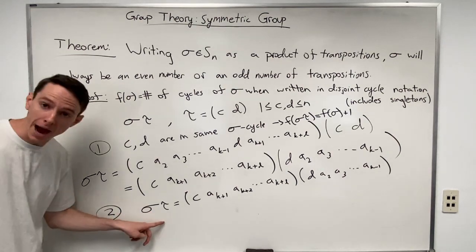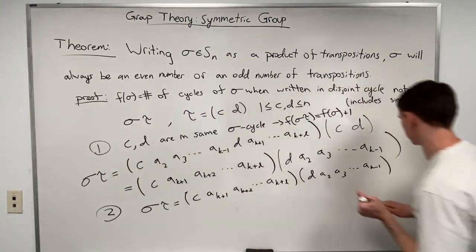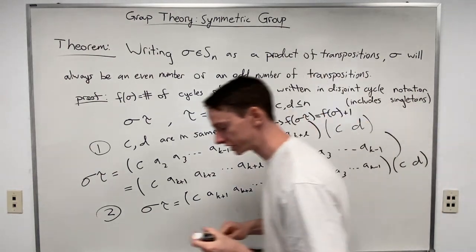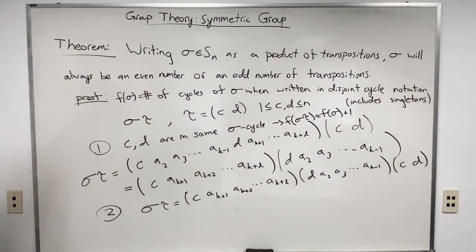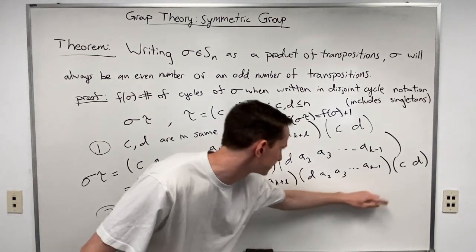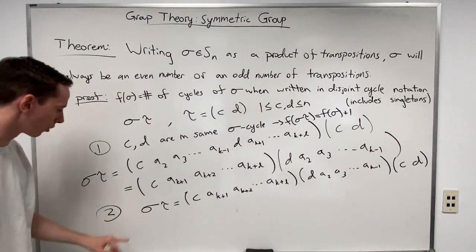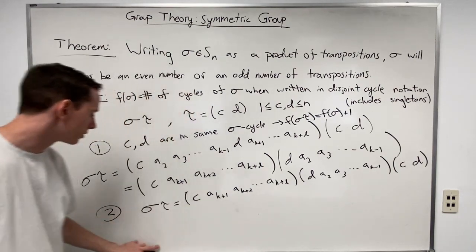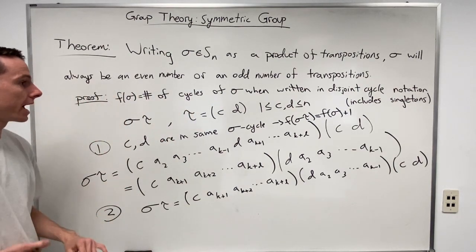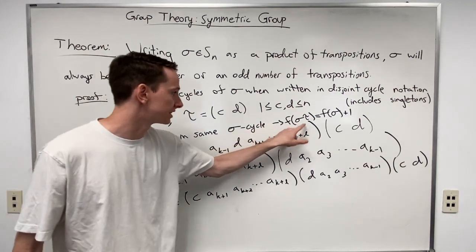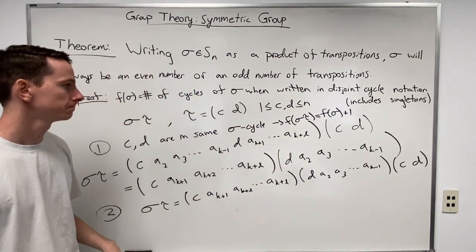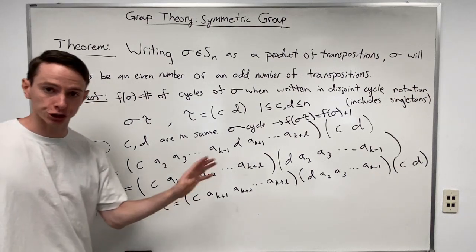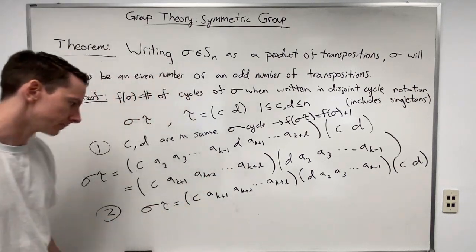Now when we multiply tau, that's when we need to also include this CD transposition at the very end. Okay? So the first 2 are sigma and the last one is tau. And the overall product is sigma tau. Now we want to do the same idea. We want to see how f acts on sigma tau in this case. And in order to do that, we need to write out sigma tau in disjoint cycle notation. Say, okay,